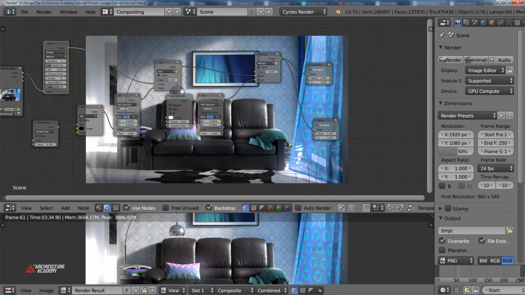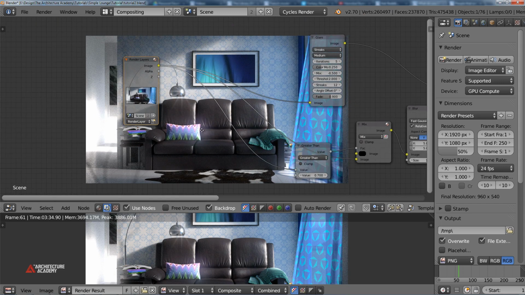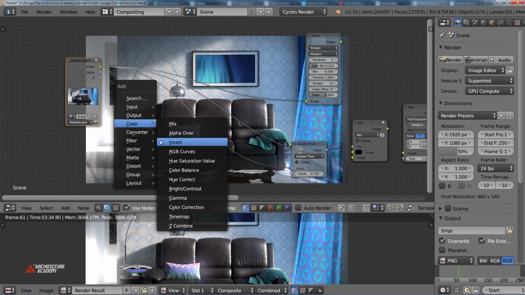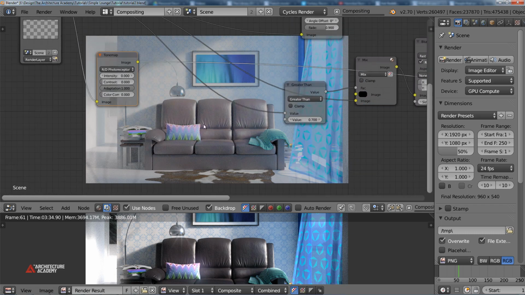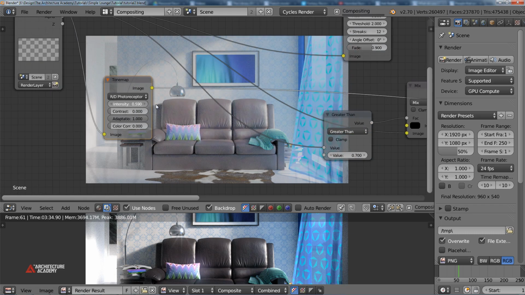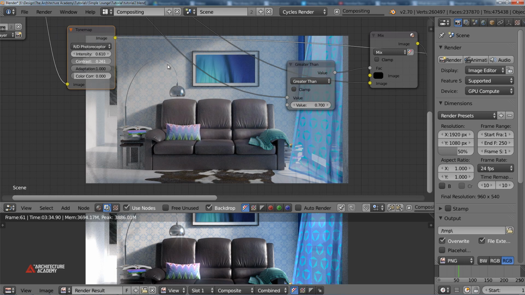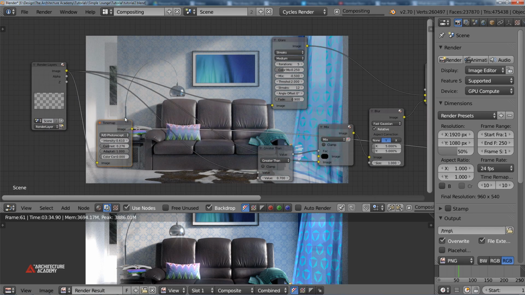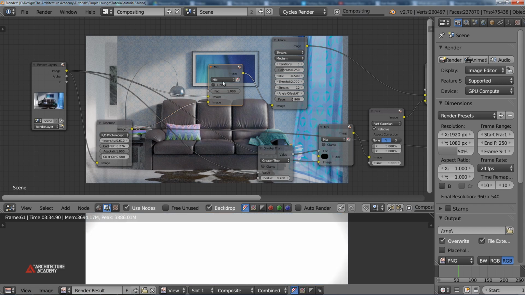Okay, that's good. The other thing you might want to do is you'll see that there's some areas that are really super dark, especially on the couch. So what you can do, and this is something I've started doing, is using the tone map node. This is sort of getting into advanced stuff, but it gives you a really brightened, sort of washed out version of your render. But what it will allow you to do is if you mix it with, say, something like this, and then let's go